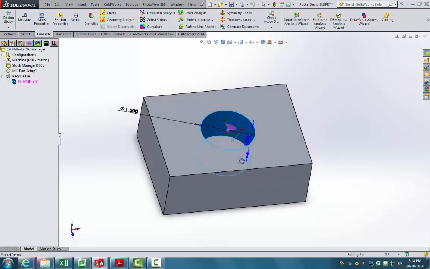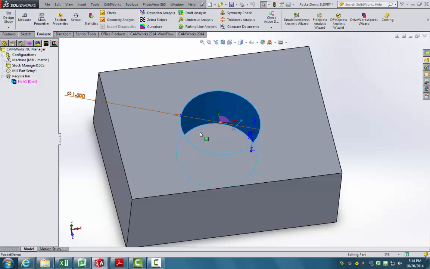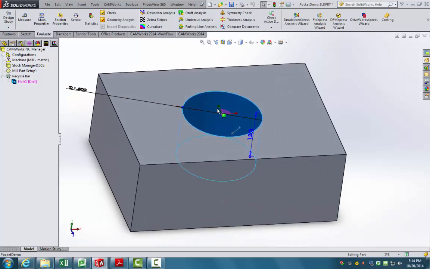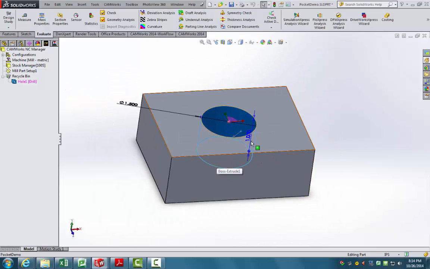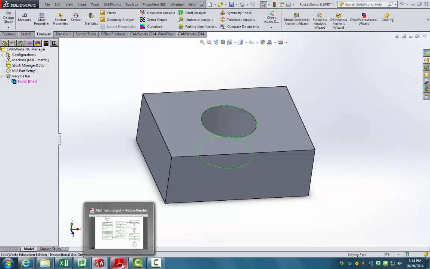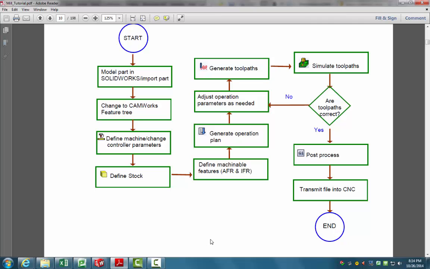But going back, what we want to do is just pocket out this hole with a smaller end mill, starting in the middle and just pocketing it out and taking it down step by step. This is a general way to machine. But I've gotten ahead of myself, for those of you who may or may not have realized. So what I'm going to do is go back and we're going to see what I haven't done yet. So going back to our process,